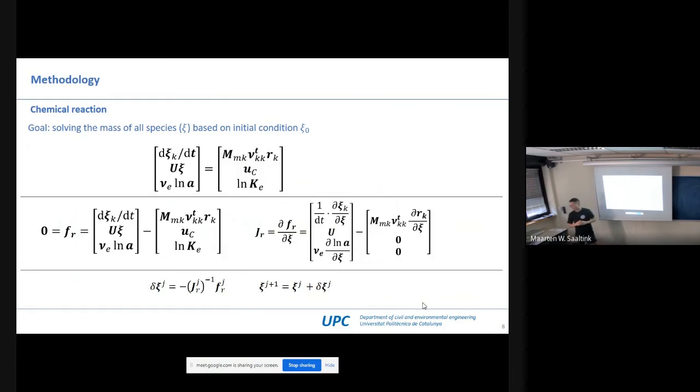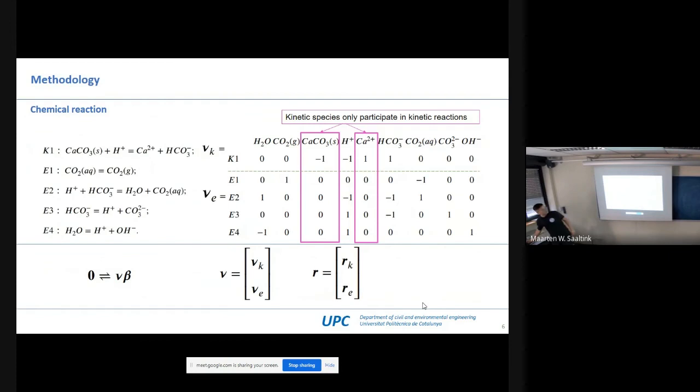We have an example of the stoichiometric matrices. Here, for instance, the kinetic species, the calcium, always have zeros for the equilibrium reactions. So it will not participate in the reaction, but it will affect the salinity, or the ionic strength. It will affect the activity of other things because, for instance, if